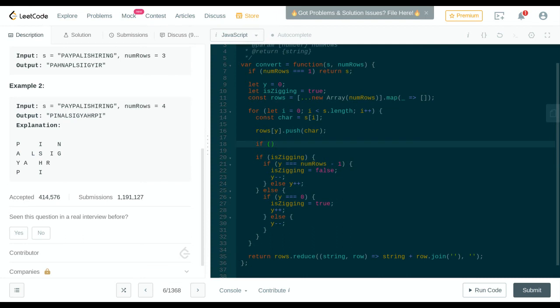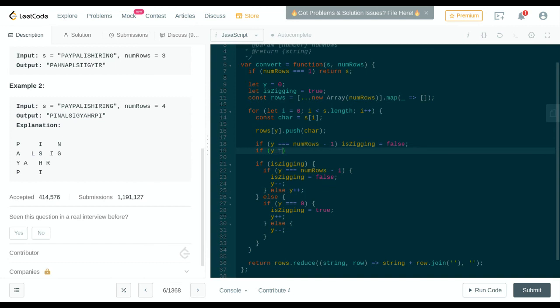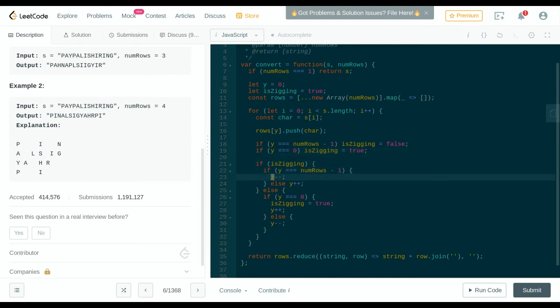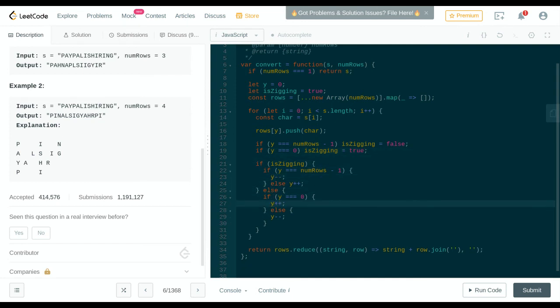So if y is equal to numRows - 1, then we are always going to do this. We're always going to be done zigging. Otherwise, if y is equal to 0, then we always start zigging again. And then we don't need to do this, and we don't need to do this. And then our if block becomes